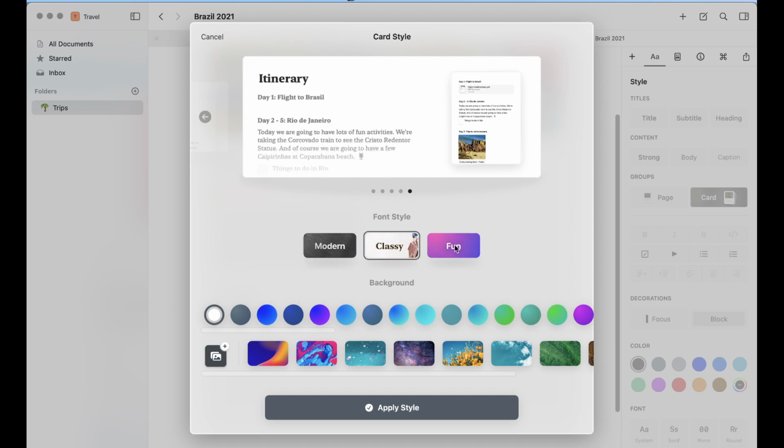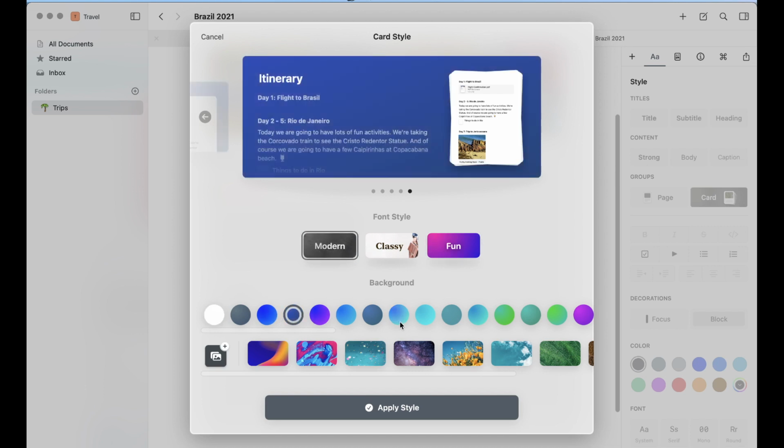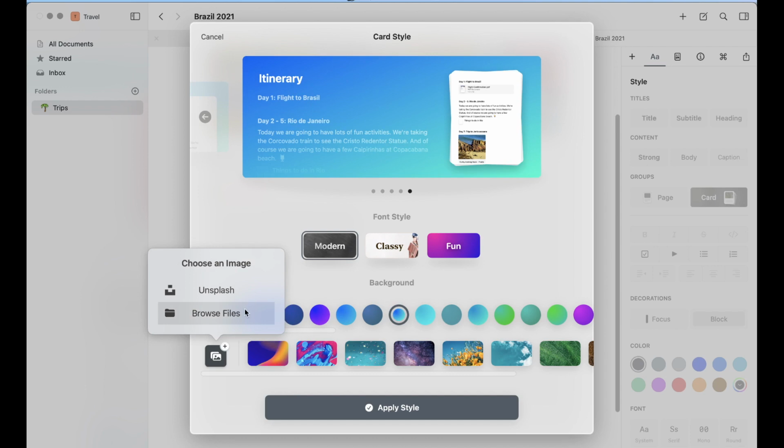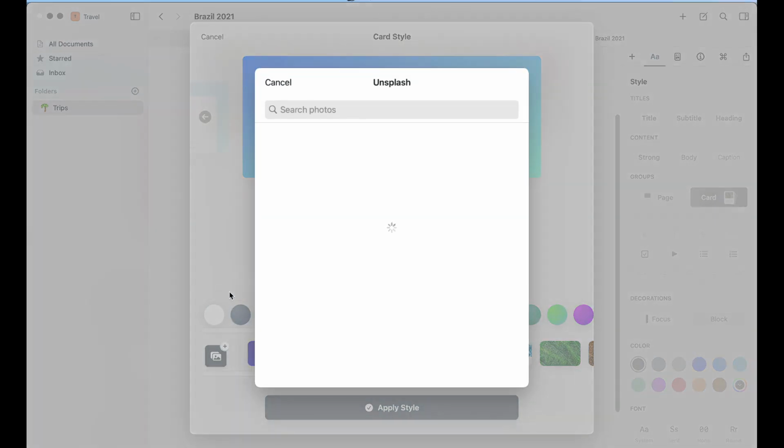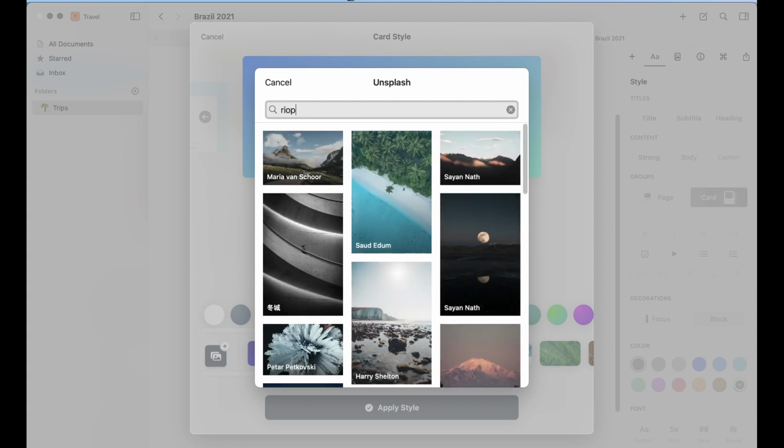You could choose the font style if you would want. You can add some colors and some gradients, or you can add some image. So you can either choose a custom image from your computer, or you can use Unsplash again. Let's say I want a picture from Rio de Janeiro.